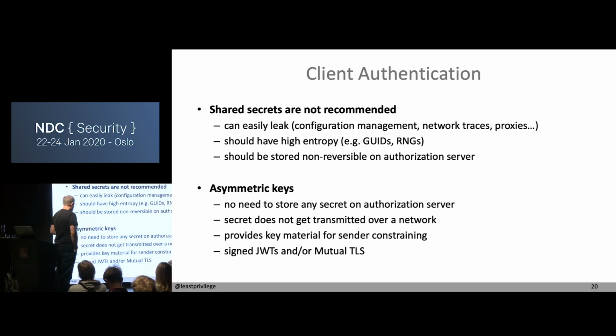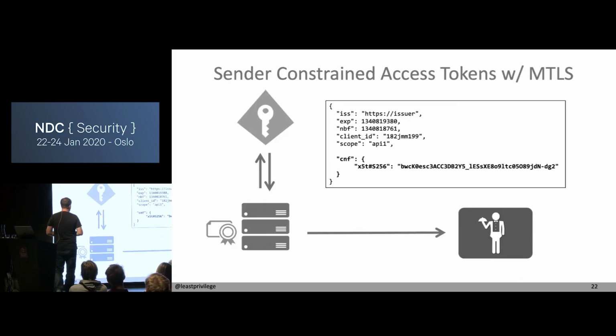And the most common ways to do asymmetric keys these days is either creating a JSON Web Token, signing it with the secret, and using that as a client secret. Or you're using the transport, like mutual TLS, for example, so that the transport layer protocol will take care of these things, okay? The nice thing about TLS is that it gives us what we call